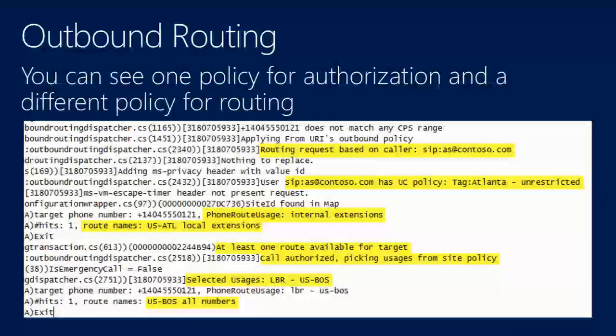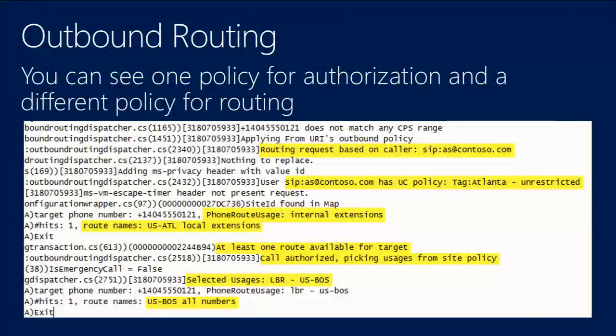So I don't have to worry about controlling that at the voice routing policy level. And there you see it. There's Amy making her call out, tag Atlanta. We want to use the Atlanta, that's all the voice policy that's assigned to her. That's her class of service, class of restriction. All right, you're allowed to go ahead and use that. And we would want you to go out